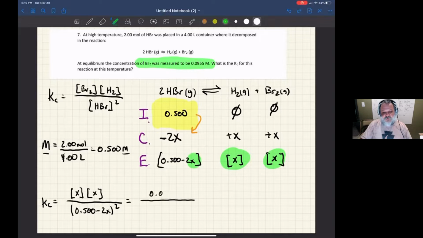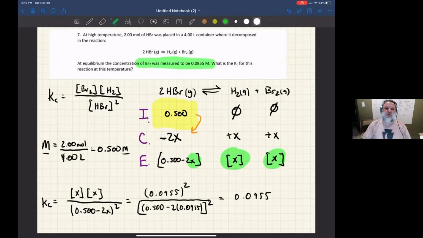And so let's do that. I'll get 0.0955. I'm going to go ahead and square it since I'm multiplying it by itself in the equilibrium expression, X times X. And let's write out the rest of it: 0.500 minus 2 times 0.0955, all of that squared. Okay, so I'm going to run that all through my calculator, and I'm going to get